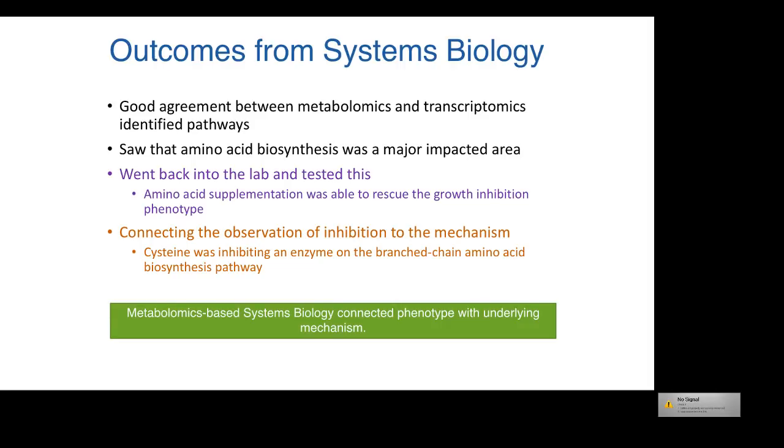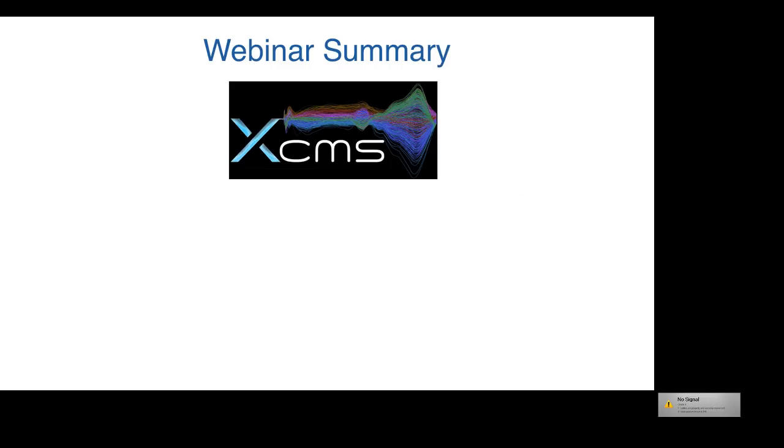And we're connecting that pathway observation to the mechanism, which is pretty neat. And so metabolomics-based systems biology was able to connect phenotype with underlying mechanism. I've given you an example of a relatively obscure nitrate-reducing bacterium from the soil, but it actually has a lot of important implications. The same can be done for your data in any type of biological system you have a question about. So to summarize our webinar today,